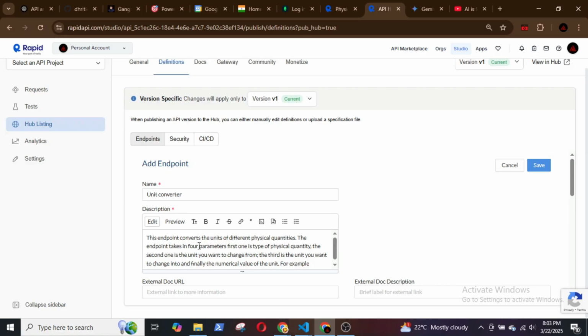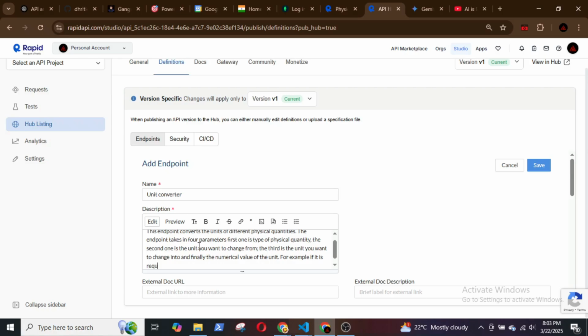For example, if it is required to convert 42 km to mile, then we need to pass in /convert/length/kilometer/mile/42,